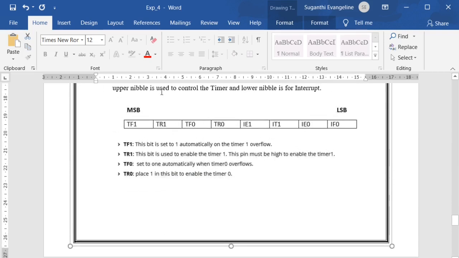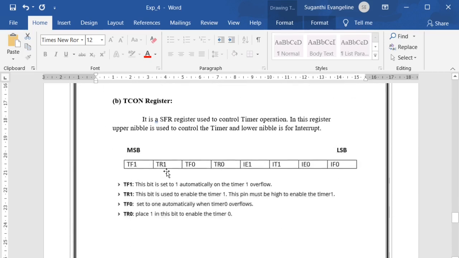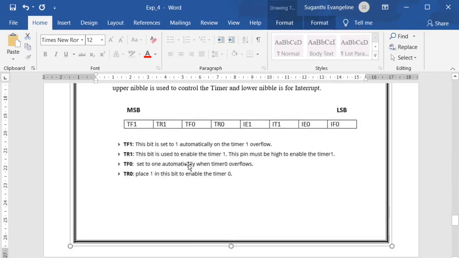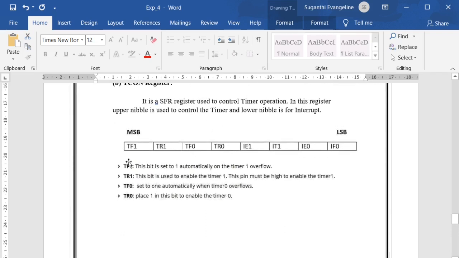And here comes your TCON register. In TCON, we are more concerned about the higher nibble. The higher nibble is related to your timers and the lower nibble is related to your interrupts. So TF1, TR1, TF0, TR0. TF1 is the timer overflow flag for timer 1.